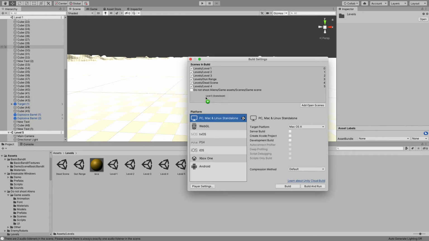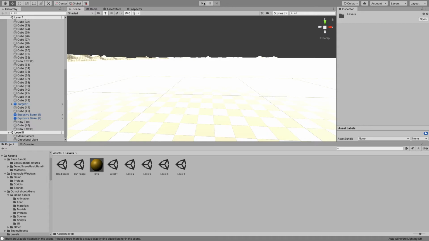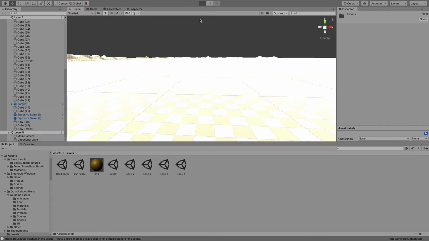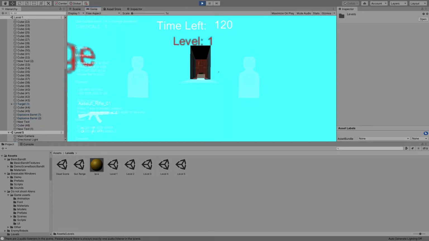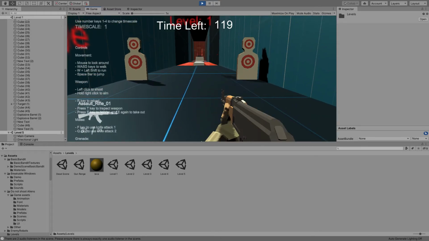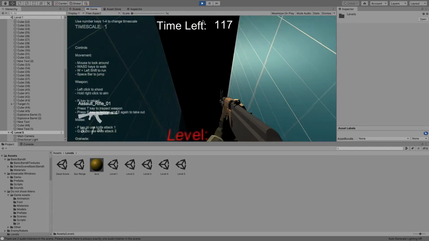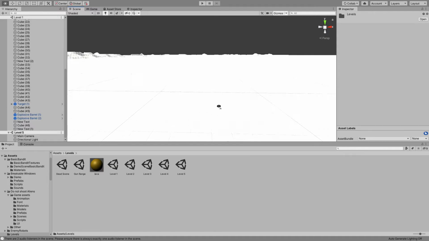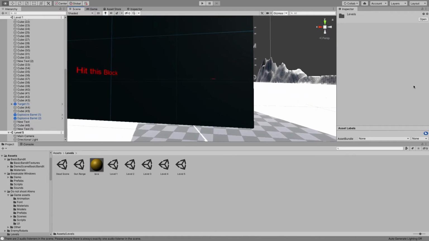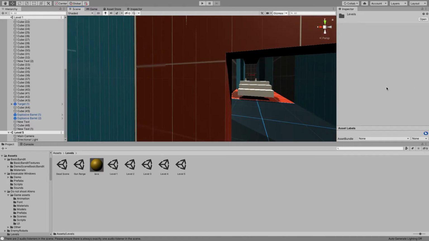So let's quickly add our level 5. And boom, that should work. Right now, I see a ton of brightness, and I just would like to see how it's working. Okay, the brightness works well. For a second there, I thought it would mess absolutely everything up. But it's fine. So, now that we have our level 5 and we added it to the build settings,